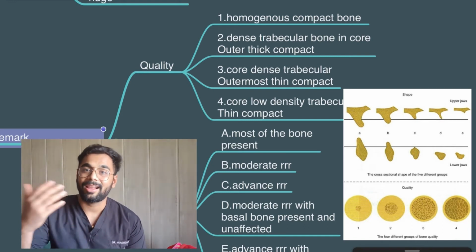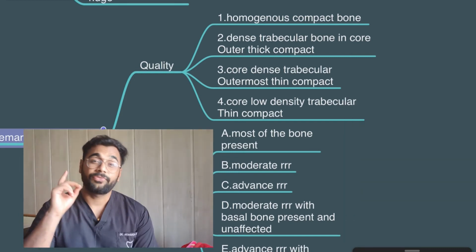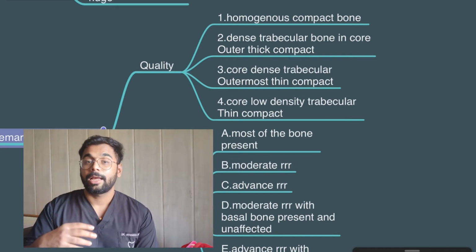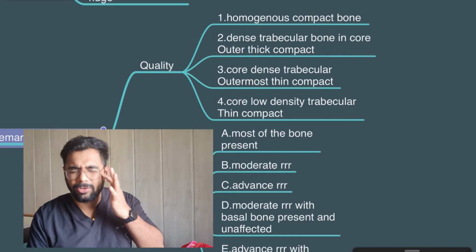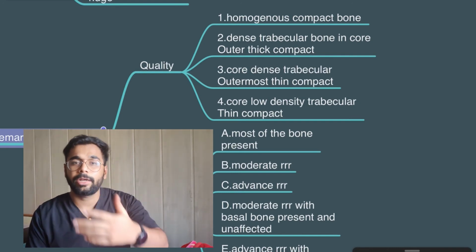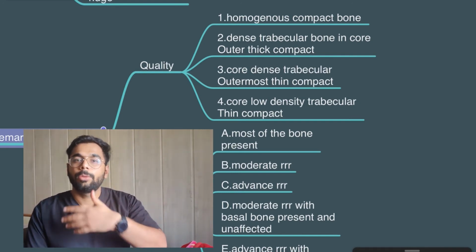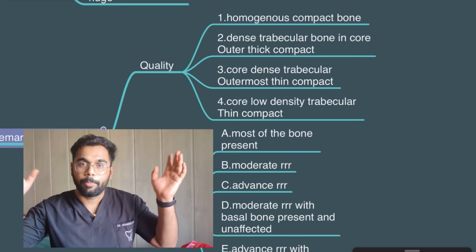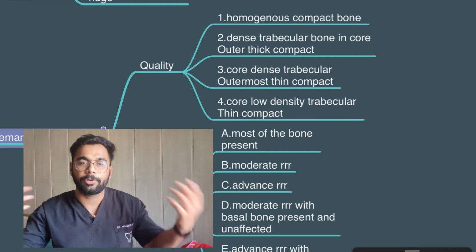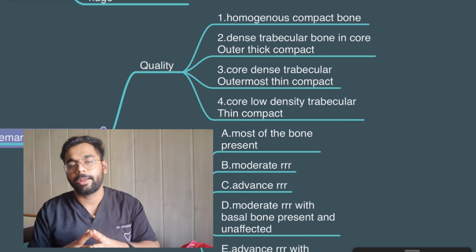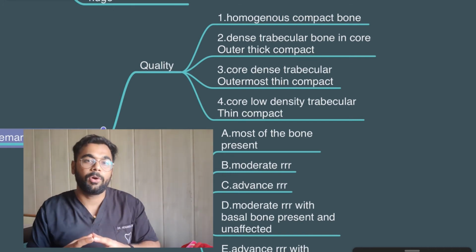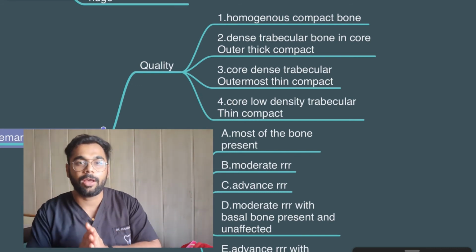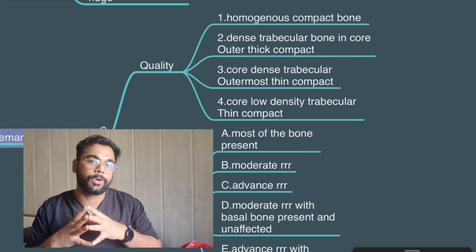How is the quality of the bone classified according to Brånemark? Brånemark classification 1, homogeneous compact bone. Classification number 2. And I want to mention one thing before going ahead into the classification. The bone reduction or the bone porosity, the bone diminishing quality, whatever happens, it happens from periphery to the core. It doesn't happen core to the periphery. So when I'm talking about diminishing quantity of the bone or the quality of the bone, it will happen from periphery to the core. The core or the medulla of the bone is the last thing that is going to get affected.